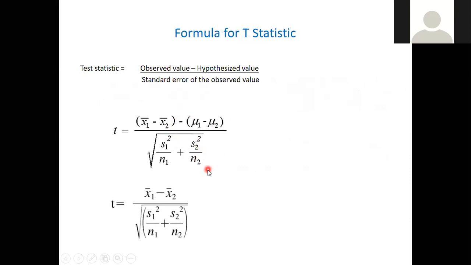This is just a formula because it involves two groups. This one is a standard error for the two groups. It will be complex, but you don't need to cram it. It's just for you to get the logic and know how to use a computer to run it. I just used the one-sample case to explain because it's simpler. When you are calculating for two groups, you combine standard deviation over square root of sample size for group 1 plus that for group 2.